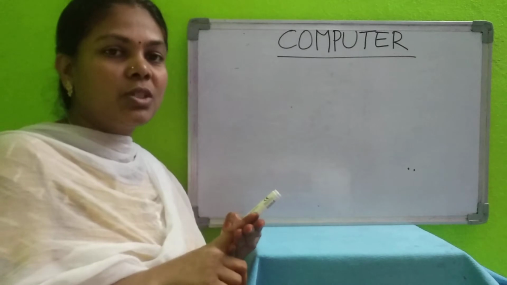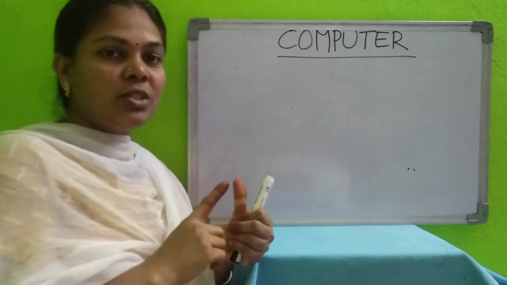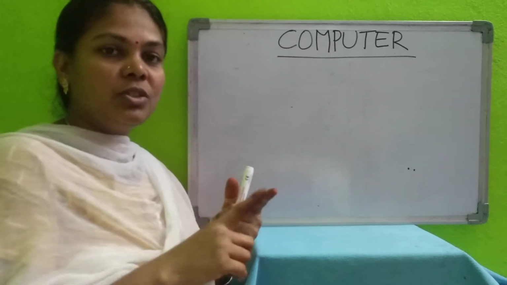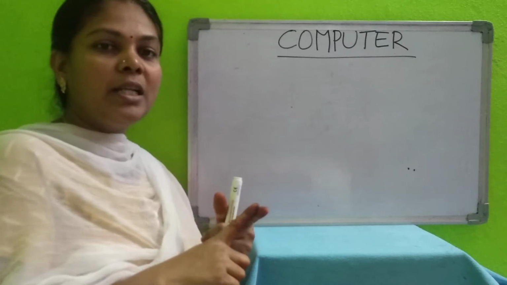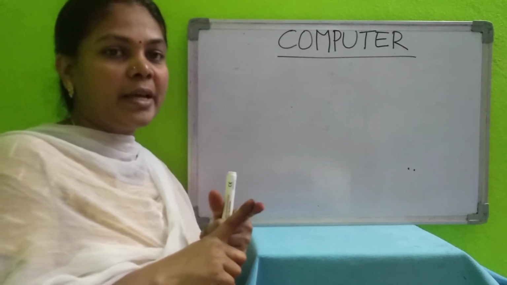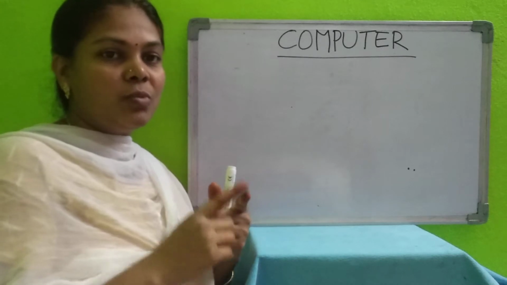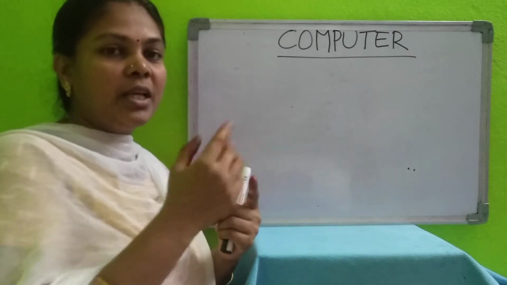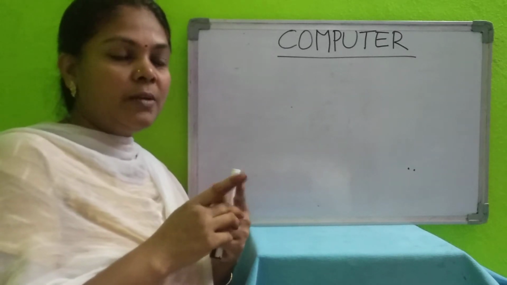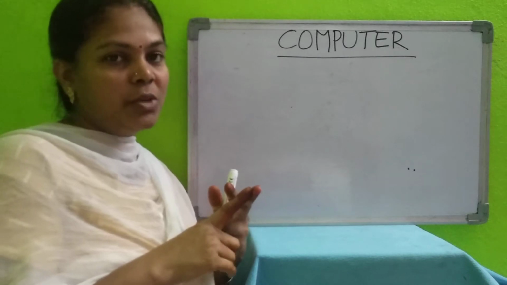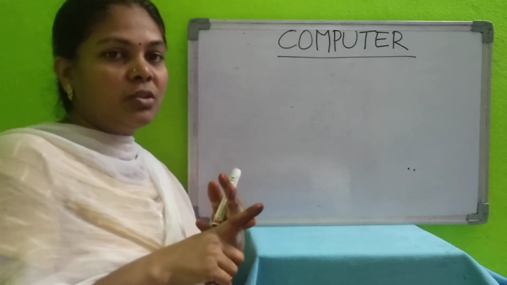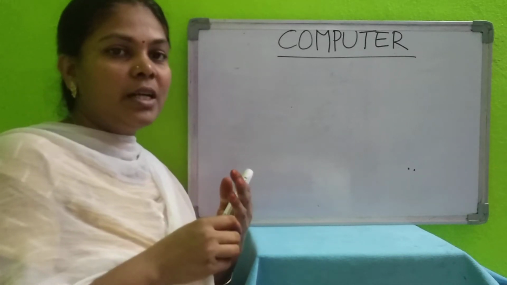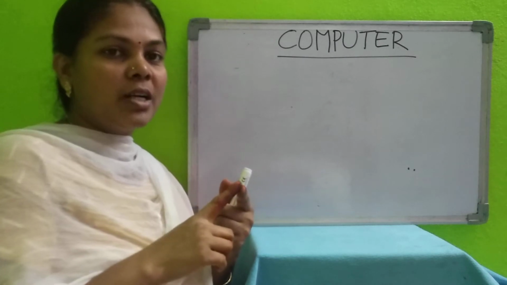So what are the steps to switch on a computer? To start a computer, first we have to switch on the main power supply. Next we have to switch on the UPS. UPS is uninterrupted power supply. It works like a battery and provides some extra power to work with your computer for more time, whenever the electricity goes off. Third, we have to switch on the CPU. Fourth, we have to switch on the monitor. The mouse is already connected to the CPU, so you can work with that mouse. Like that we have to start the computer.